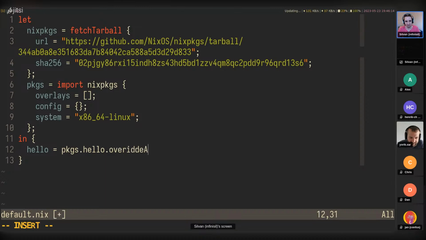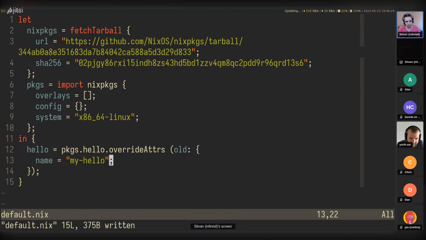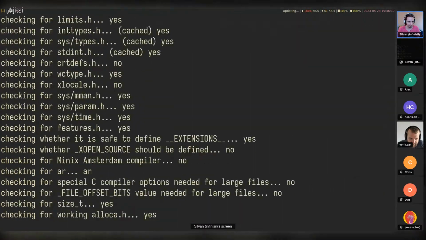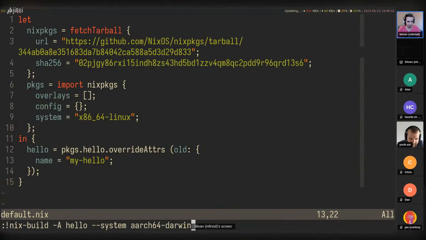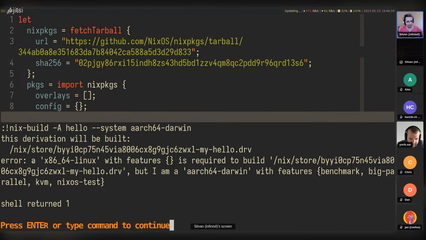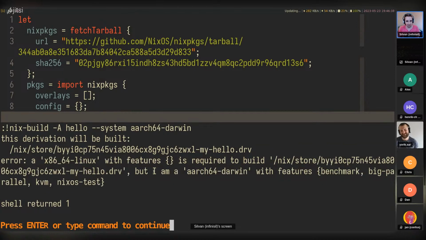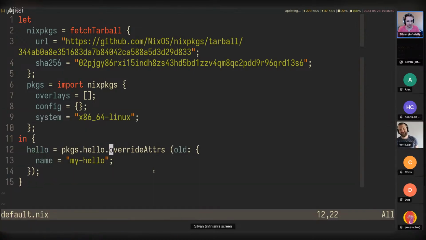Let's do an override, override attrs, and then do name equals my hello. This will change the derivation, and now I can build it on my own system. Okay, it's going to build it. But on AR64, you can't build it anymore. Anyways, that's kind of an expectation if you have this kind of purity.